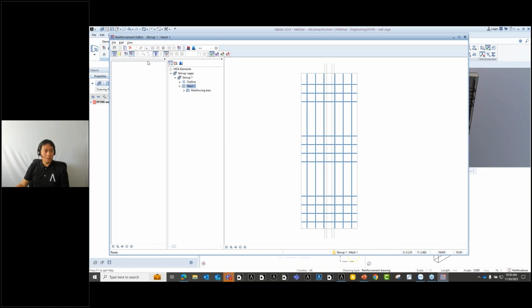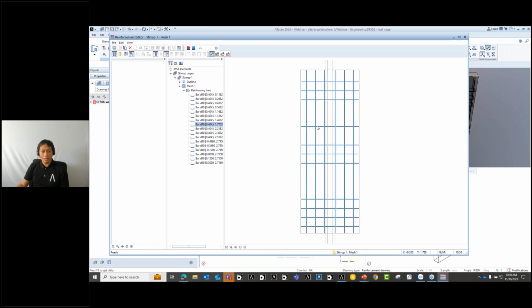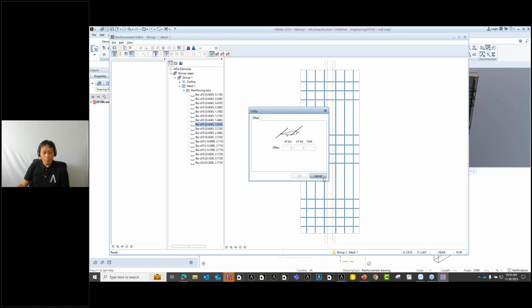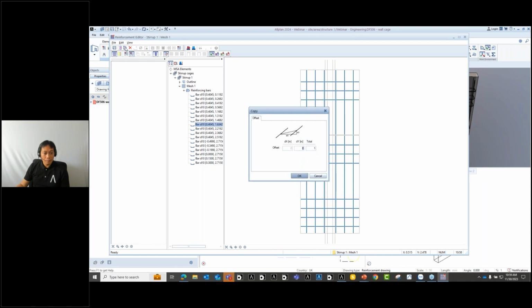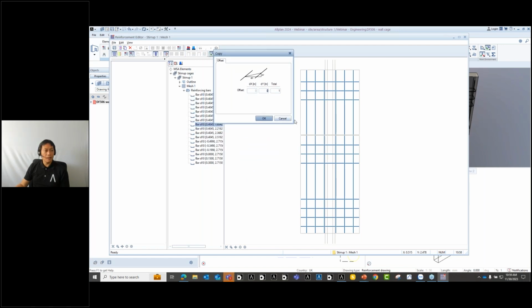So you can also do some copy if you want. Let's say for this one, I want to copy, select and then copy. I think you can just do copy here. Oh, yeah, select, define. Yeah, so you can define the information here if you want to copy. Okay,